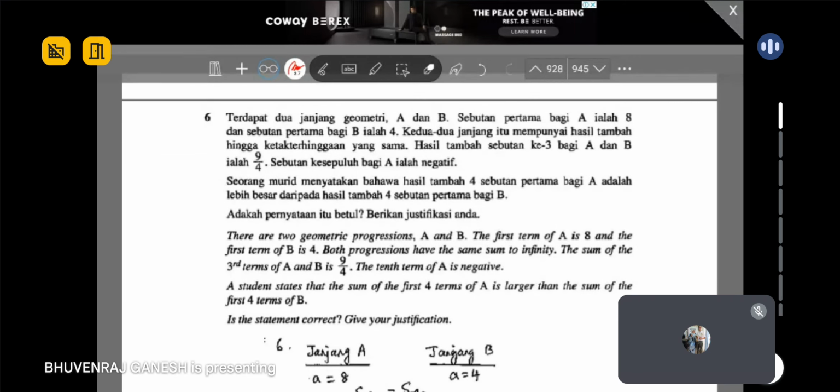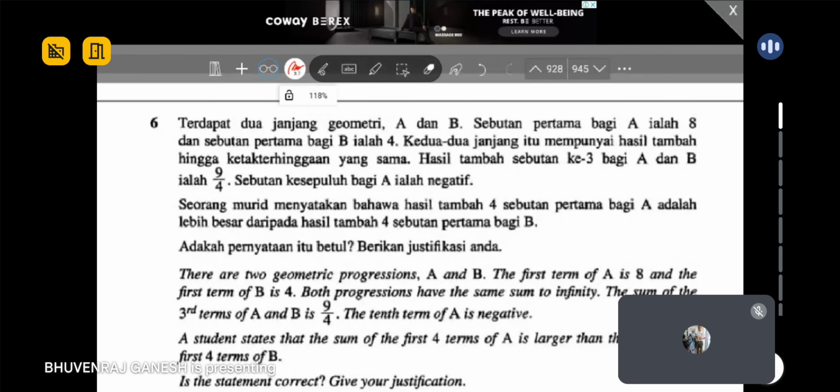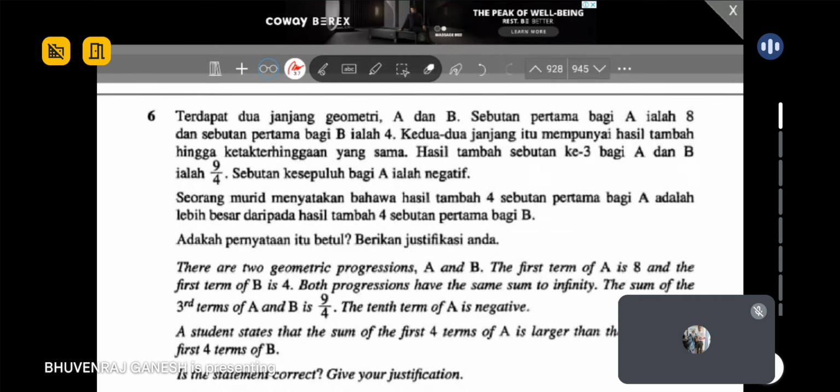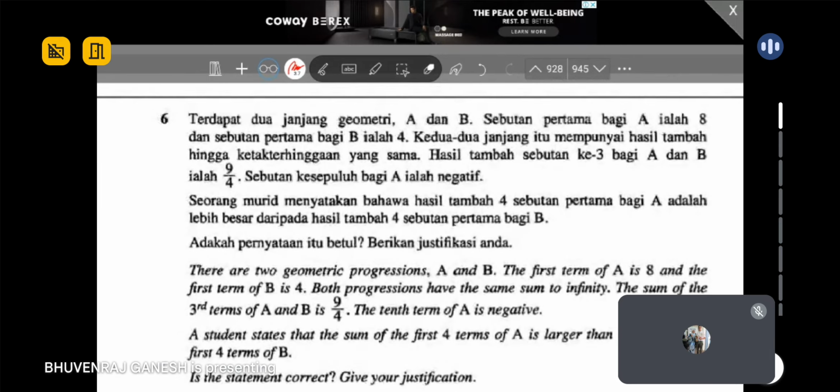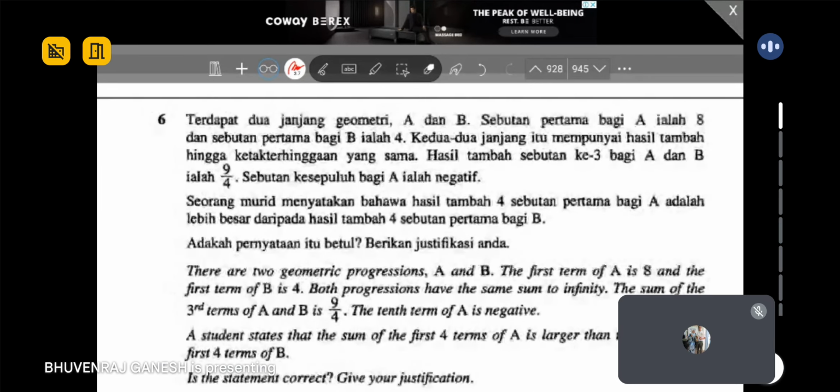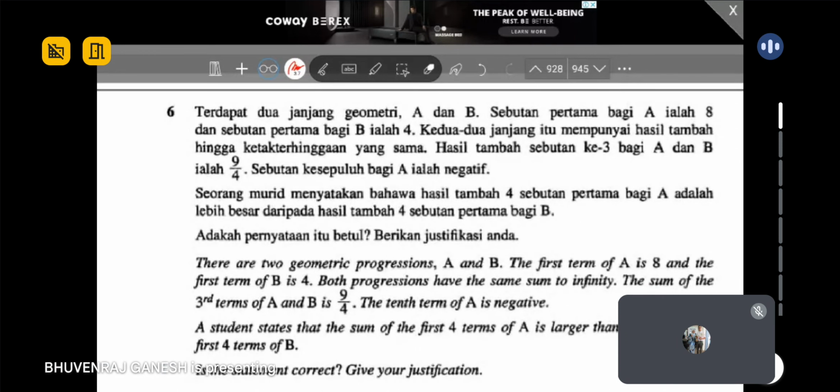Okay, so we see question 6, guys. Question 6, a lot of people say it is very hard. Chapter 5, guys, progression. Why do they say it is hard? Because they ask you to give your justification whether the statement is correct. This one is not easy, guys. You combine 2 chapters of knowledge. Dia gabung 2 bab kat sini. They combine your Form 4 chapter 5, of course, progression, and also your Form 4 chapter 3, actually, simultaneous